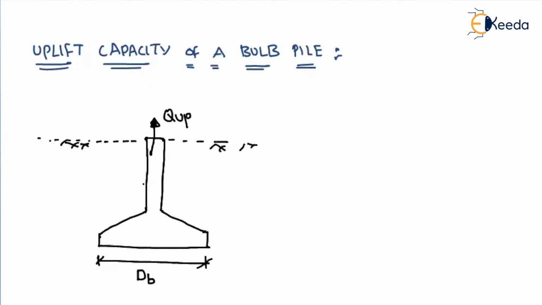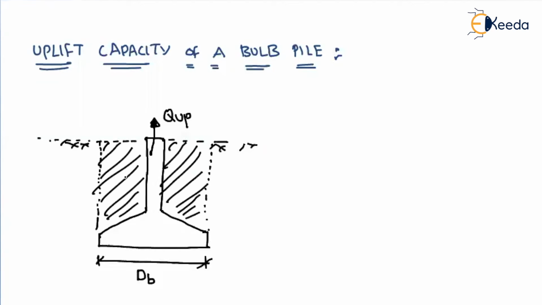Now tell me, as we are uplifting this, if you understand the behavior of the soil, I can tell you that the soil surrounding the portion over the base area will get compacted. That means imagine trying to lift this in the upward direction. What happens? The soil up to the base area will also get compacted, so the surrounding soil will come out with it. So we can say this surrounding soil will behave like a pile.